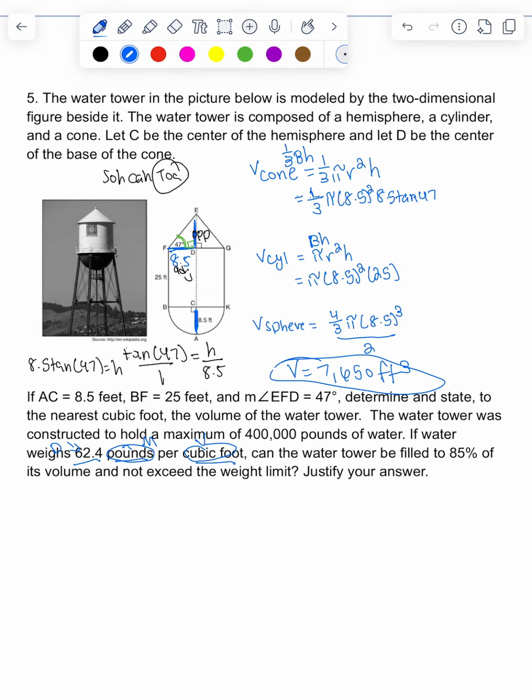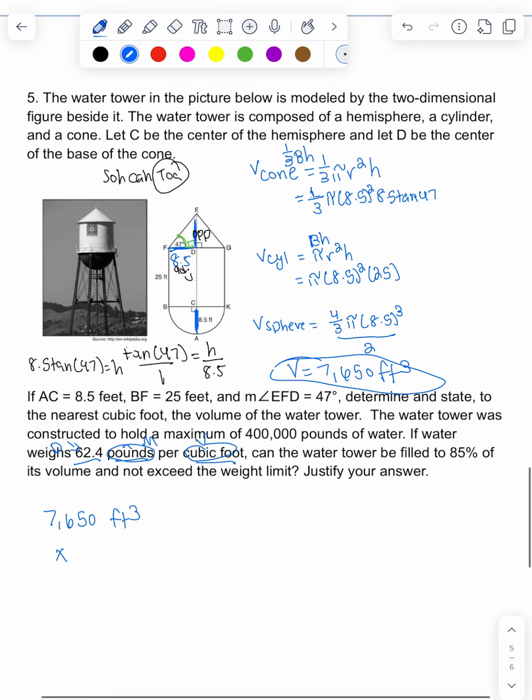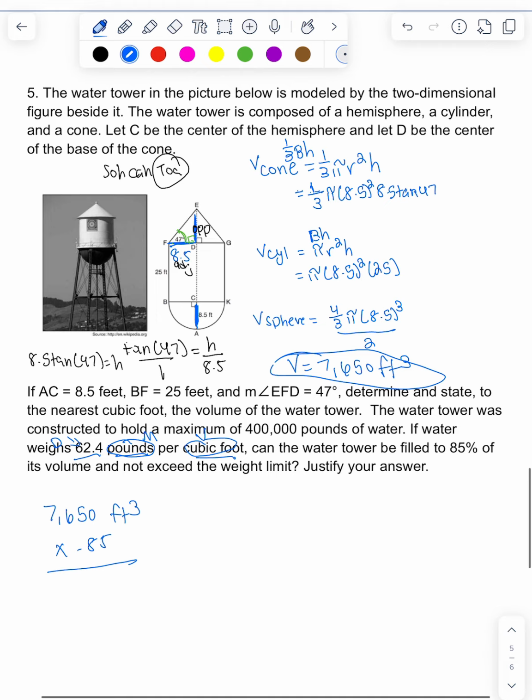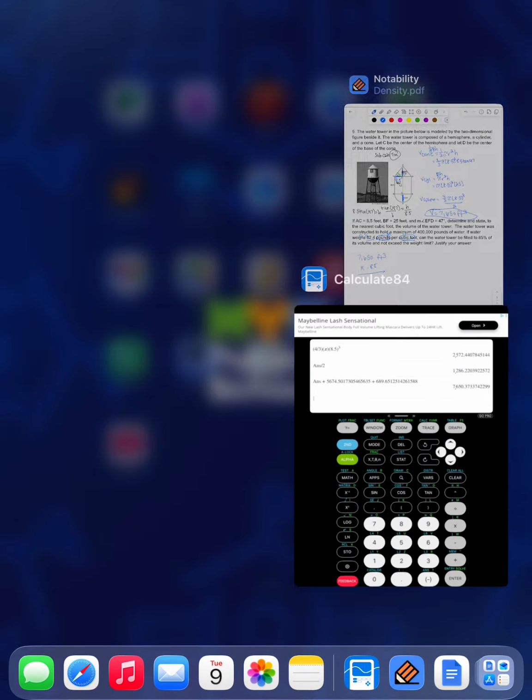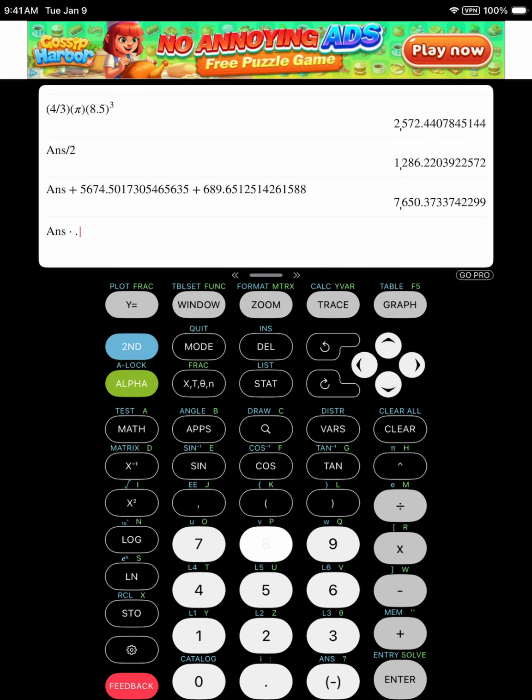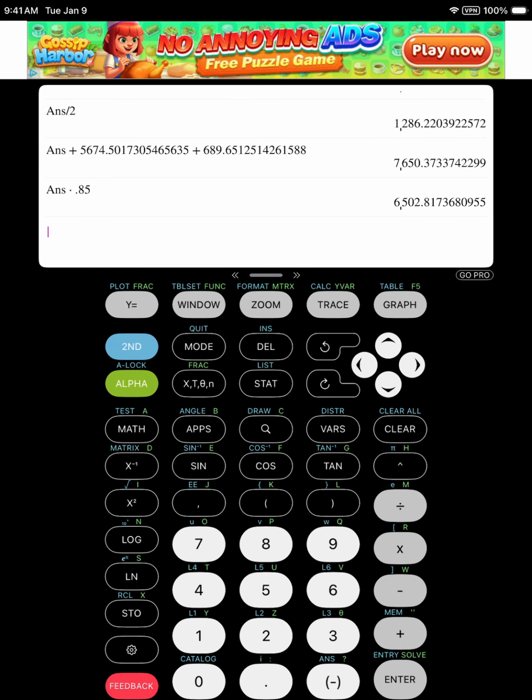So if water weighs 62.4 pounds per cubic foot, can the water tower be filled to 85% of its volume and not exceed the weight limit? So first I have to think about what 85% of the volume is. I've got to take the volume that I found and find what 85% of that is. They like 85%. That was in one of the other questions too. So times 0.85, and that's